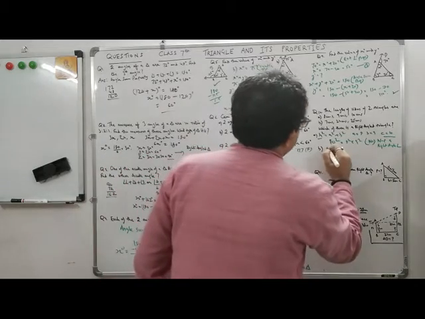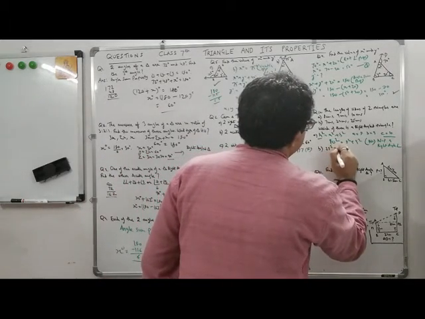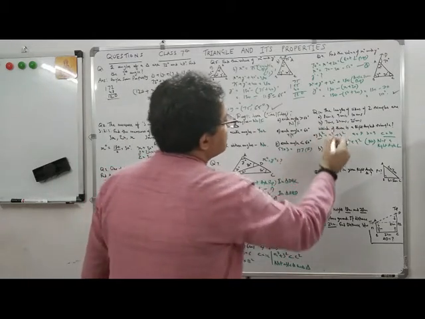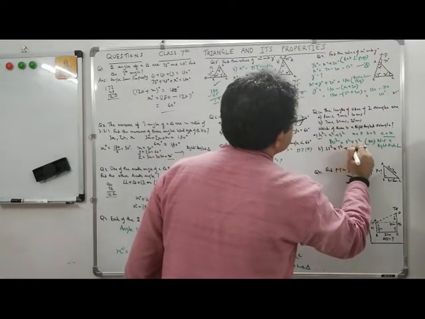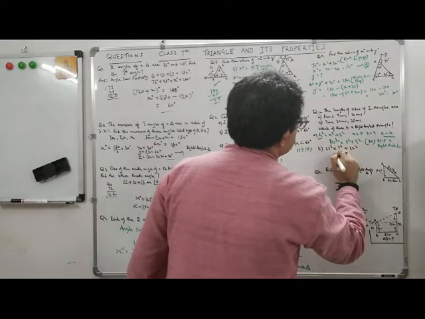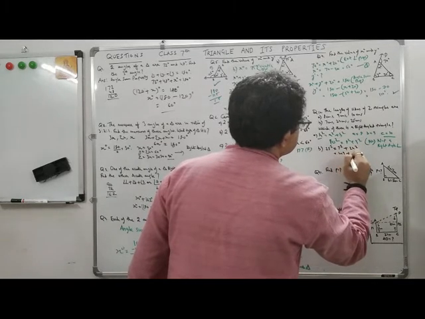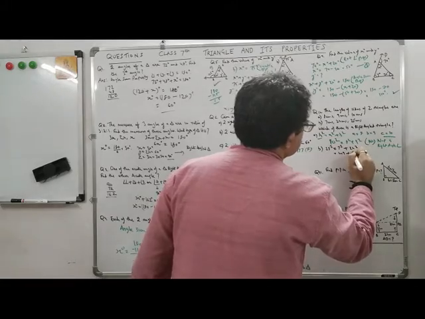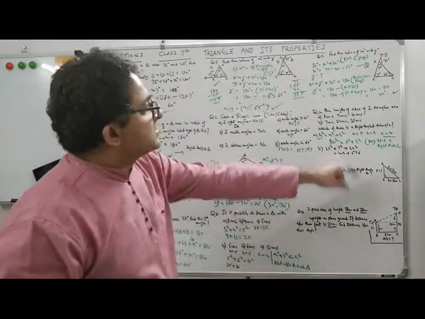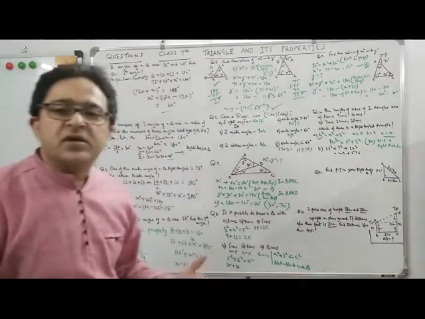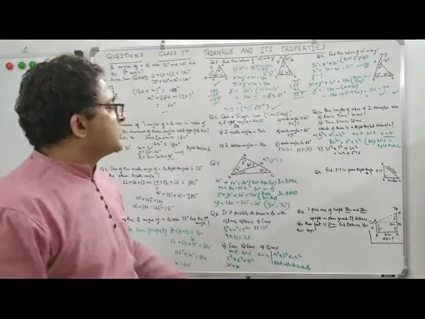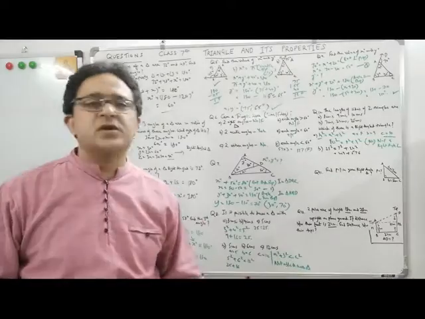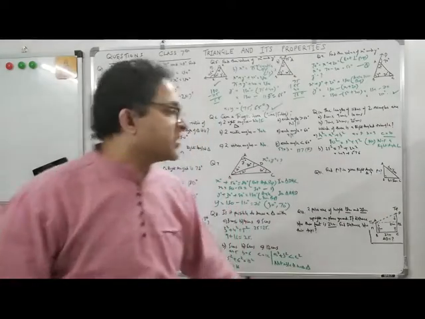This is A part. This is the B part. Here, 25 square, because the hypotenuse is the longest side, has to be equal to the sum of the squares of the other two sides. Let this be A and this be B. So 7 square plus 24 square. This is 49. This is 576. Usually just try to remember all the squares from 1 to 30, right? 25 square is 625, 30 square is 900, 10 square is 100. So if you remember, it's always good. But anyway, you can always multiply and calculate.